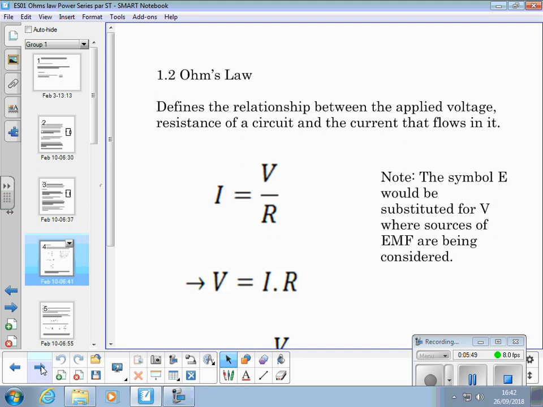And that's the normal way round, because the current will flow dependent upon the voltage that you apply and the resistance of the circuit. You vary the current by altering V and or R. You could substitute E for V, where sources of EMF are being considered. But it's still that way round, and it can be arranged